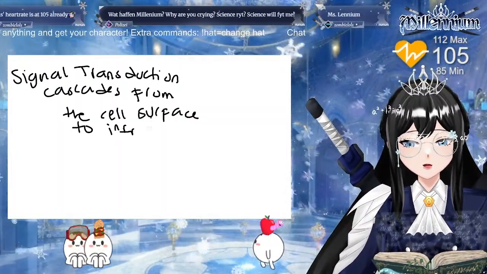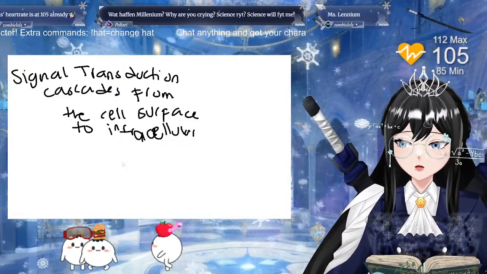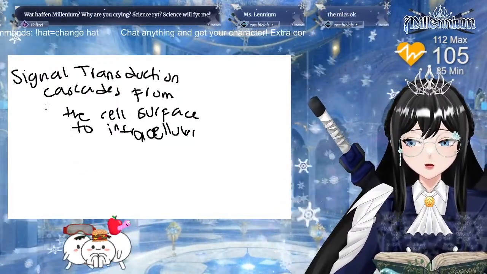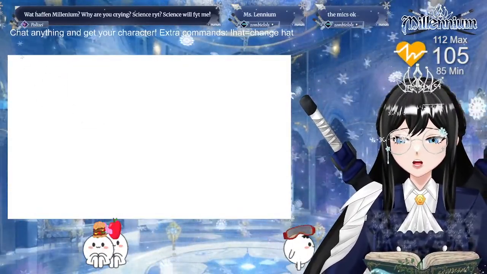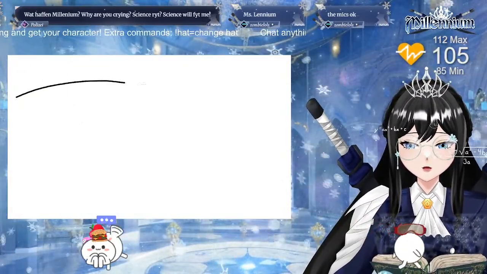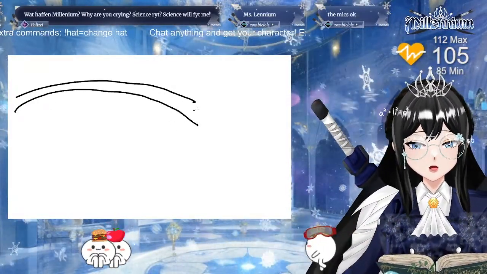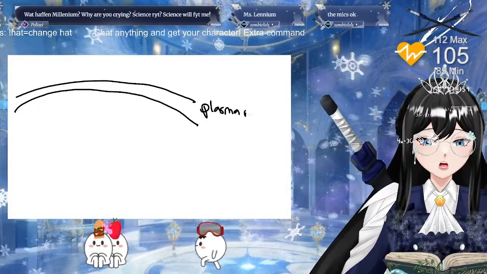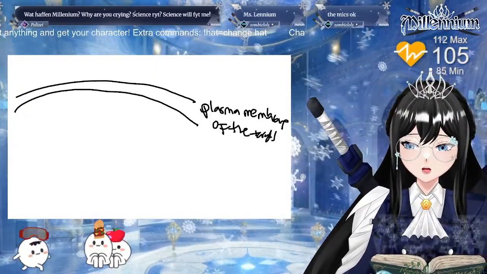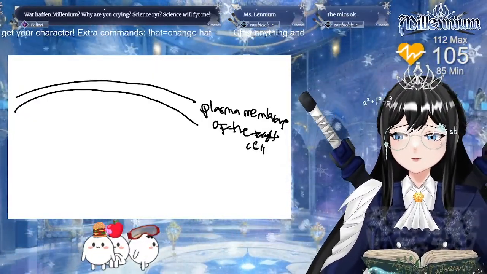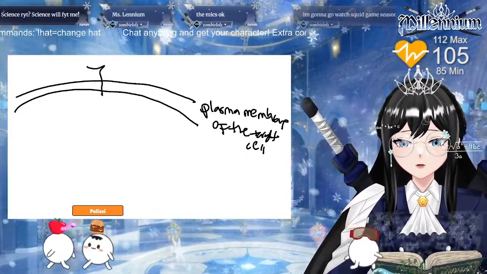All right. So to the intracellular receptors. What does that mean? We start with the extracellular signal molecule. Okay, this will be a big drawing, so bear with me. This will be a Van Gogh level drawing, hopefully. So you have your plasma membrane. Thank you for checking, Zombilos. This is the plasma membrane of the target cell. And then you have the receptor. Okay, this is the receptor.